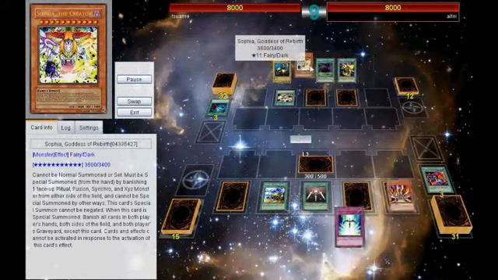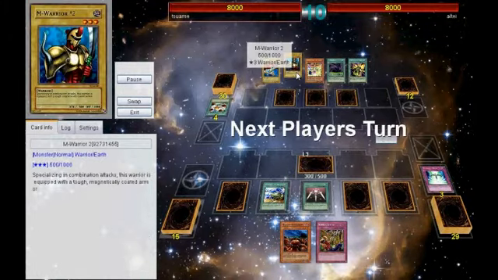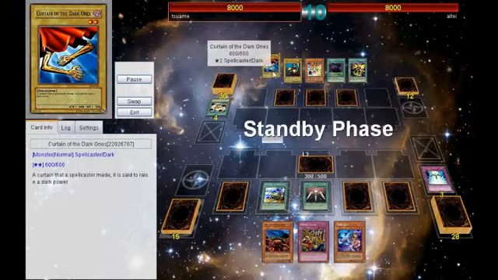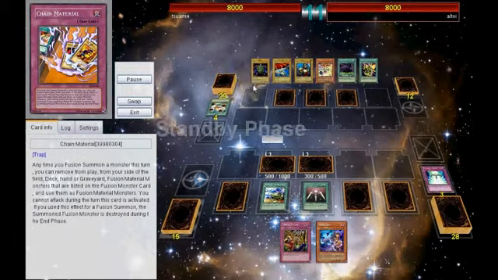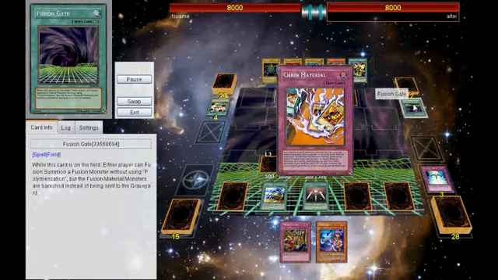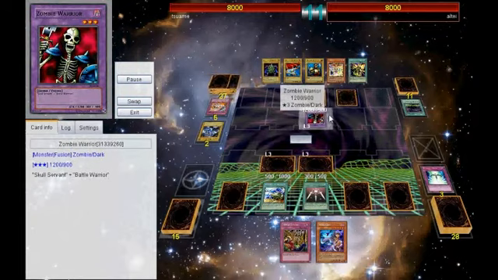But he had Instructions, so I lose that Lava Golem and stuff. Again, he's running Fusion Gate. He's got a lot of these older fusions, which was really interesting. And I think this is the next turn that he goes off because he has Chain Material on the field. So he activates Fusion Gate and Chain Material. He goes into double Zombie Warrior, and then